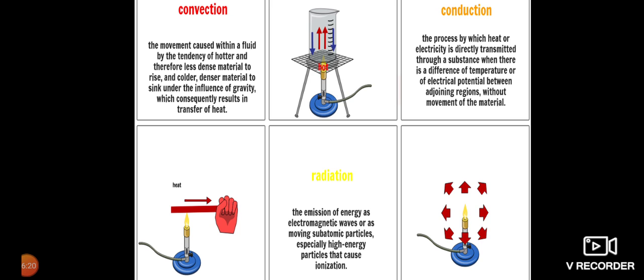Now the same thing, convection, conduction, radiation definition, and one figure is there along with them for a detailed explanation. So in this rectangle, the first box at the upper side is convection, and the second figure is representing convection, then conduction, and at the bottom side the first figure is representing conduction, and the last one is radiation, where nothing is near the fire flame and heat is radiating.